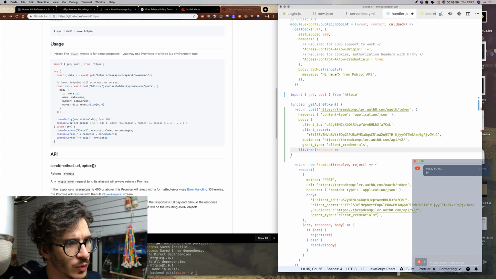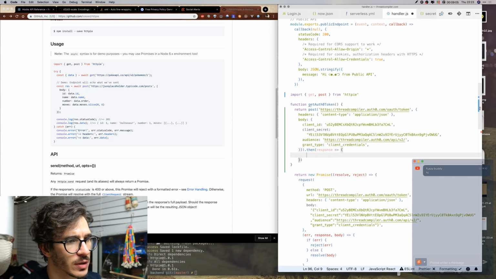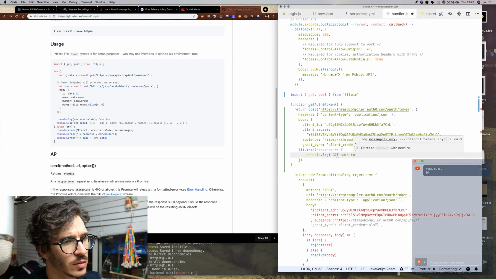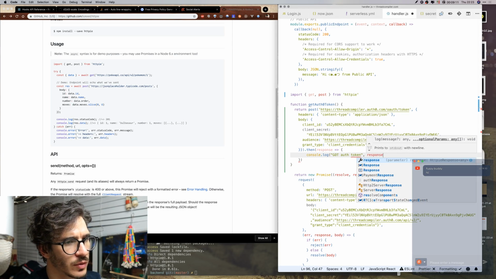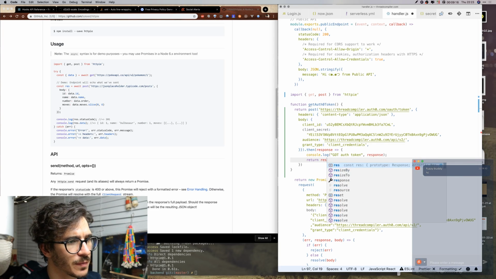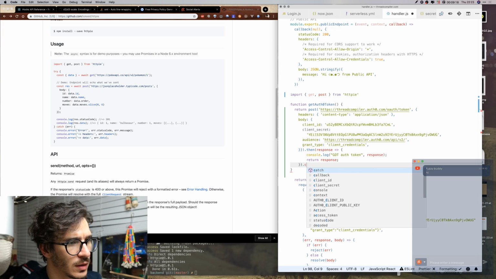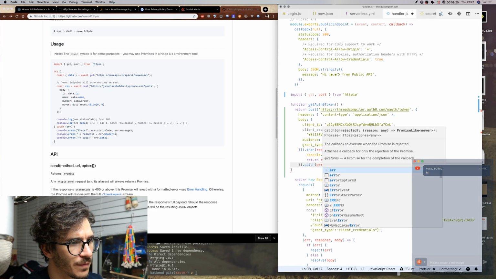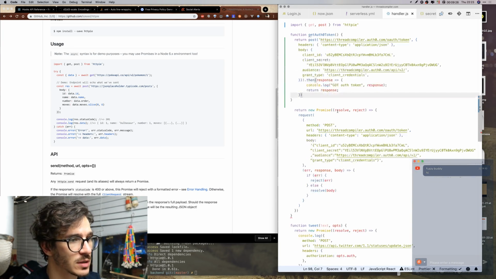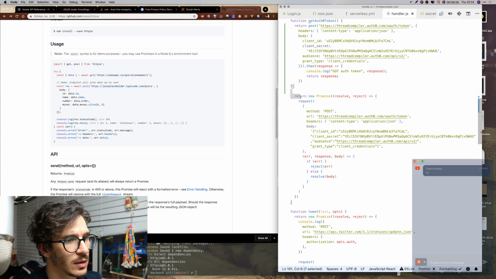We're going to just return response, or let's console log it and return it. So console log got auth token with our response, and we say return response, and in case there's an error, we can catch that all the way down there, because we're going to be chaining promises, so it should be fine.